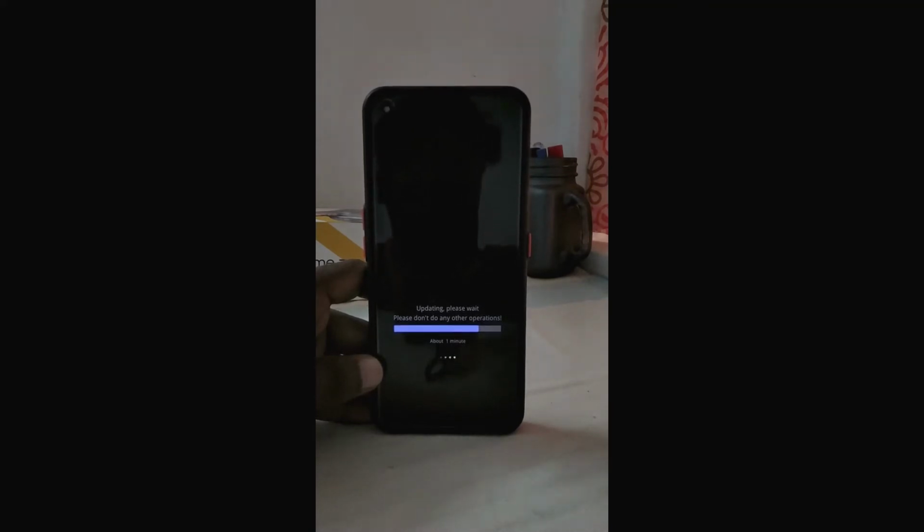Since I haven't received the C.24 update, I haven't made a video on it. So don't think that if you roll back to Realme UI 1.2, you wouldn't get the C.23 or the Realme UI 2.0 update, because once I downgraded to Realme UI 1.2, I received an update for 8.41, I guess. And once you download the 8.41 version, I saw a notification that I had a C.23 version update.